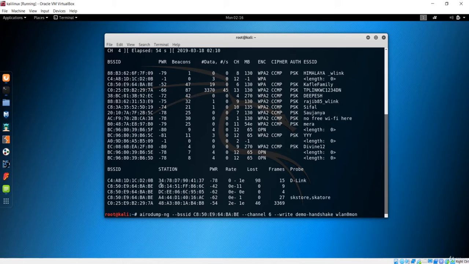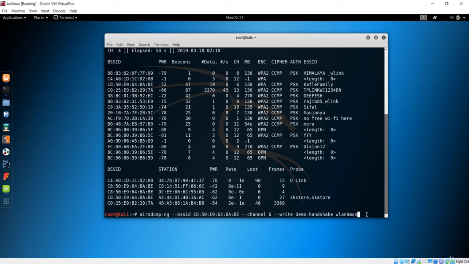You can see we are using airodump-ng as a tool, and BSSID is basically the argument which refers to this network. Channel is 6, and write is basically to write the handshake that we get from here. What happens is this command will send the handshake packet. Just remember, handshake is something like you are connecting to the network. You are sending some packet from airodump-ng to the network, and this depends on a client that is connected to the network, so there will be some client, otherwise if there is no client connected to that network, then this is not going to work.